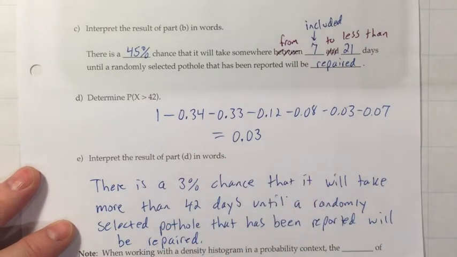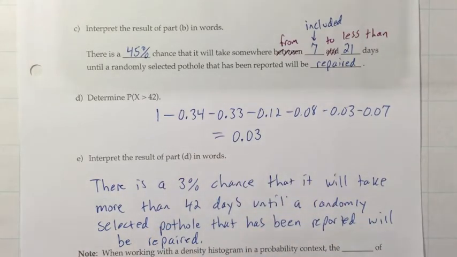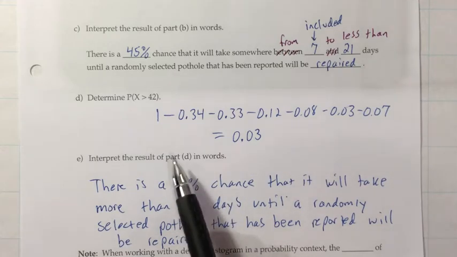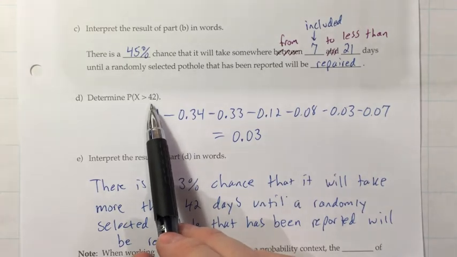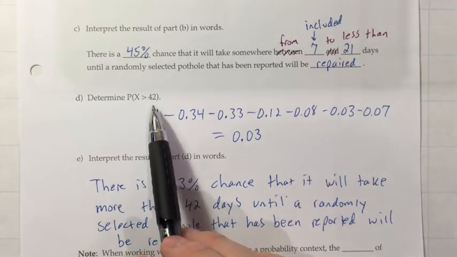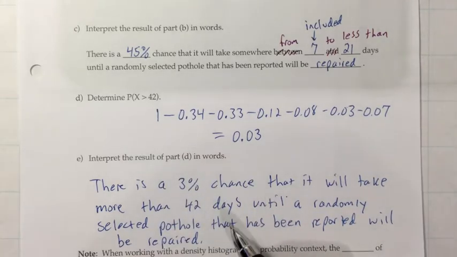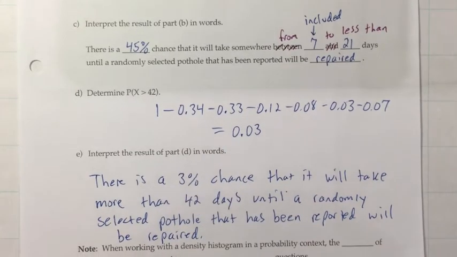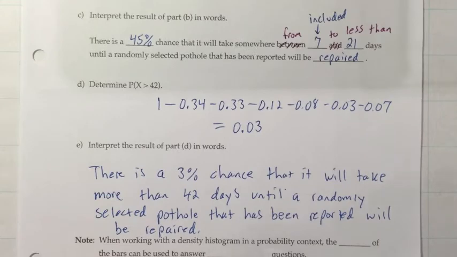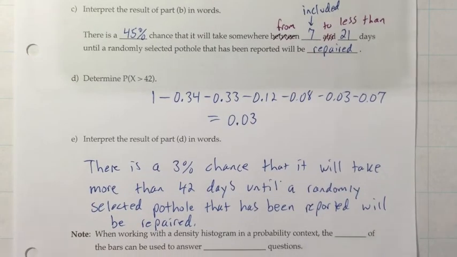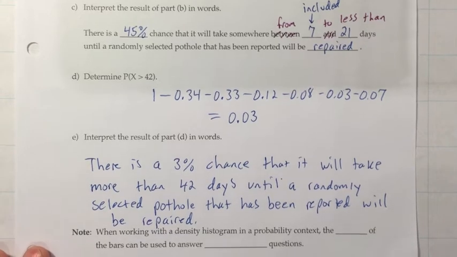And just our luck, that's probably the one on our street, right? It's not very likely that if you reported a pothole on your street in Chicago that it would take, I think that's 7 times 6. So that would be like 6 weeks, a month and a half to get that pothole reported. That doesn't happen too often, but 3% of the time when somebody reports that there's a pothole on their street, it can take that long. Kind of unusual, but it does happen.